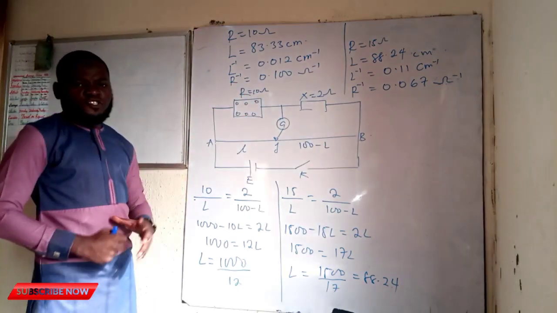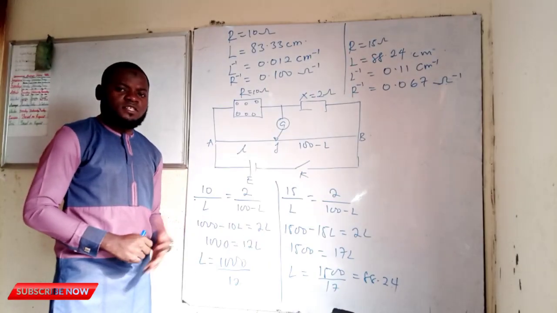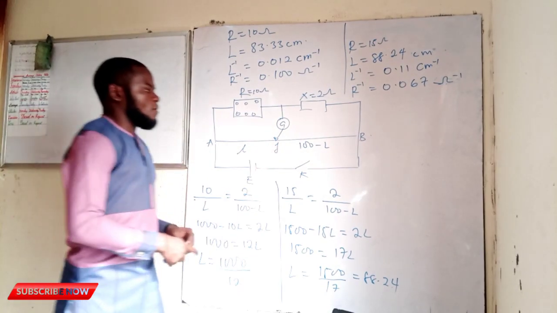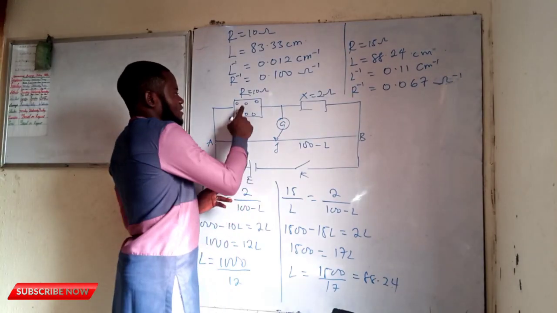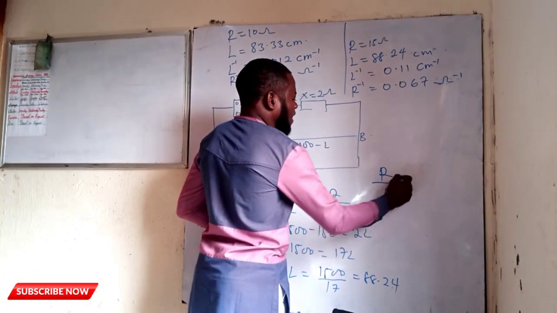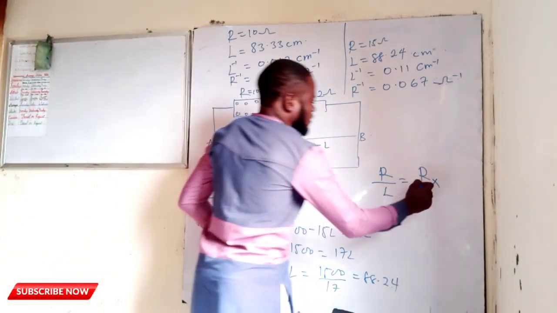So for us not to waste time, let me quickly generalize this formula so that you will know what to do once you get to an example. Now, let's say this is L, this is R. So if I have R divided by L equal Rx, that is the value of this X, divided by